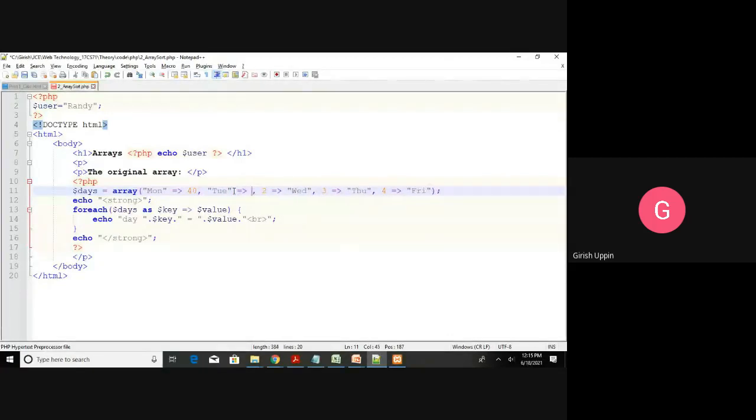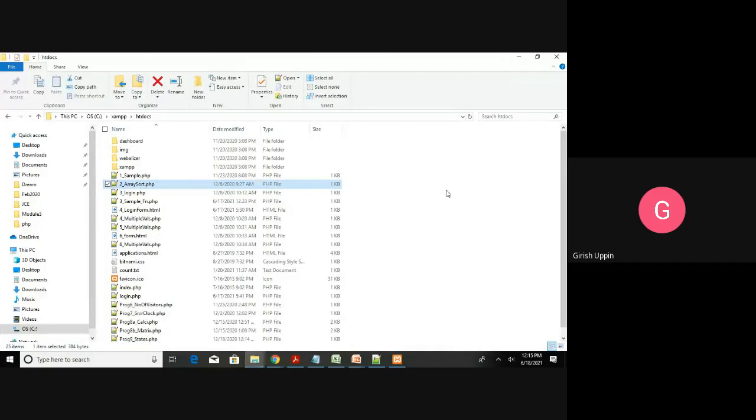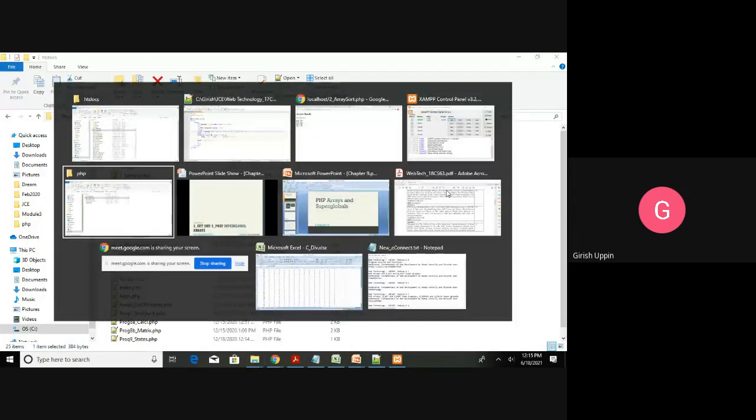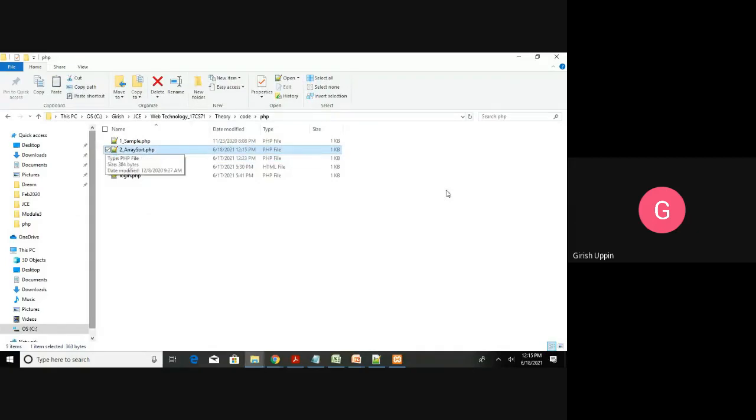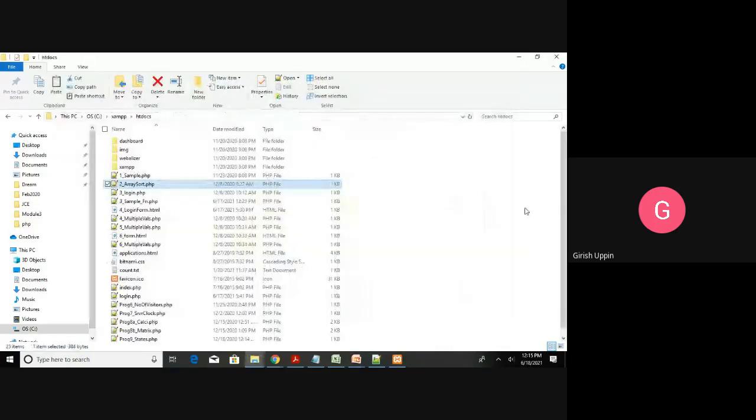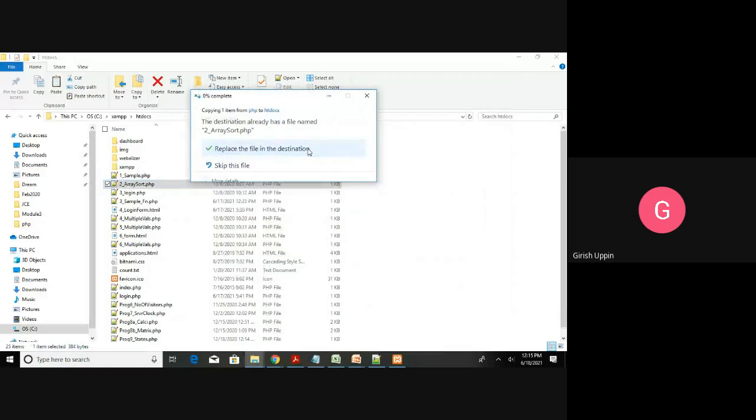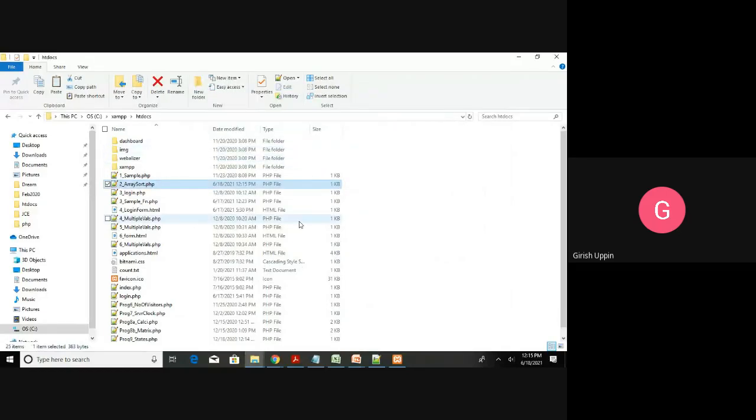Tuesday map to 47. Wednesday map to 57. So I will have only 3 values, just to save time. I will save it. Make sure you copy from your local folder to the htdocs. I will copy to the htdocs,